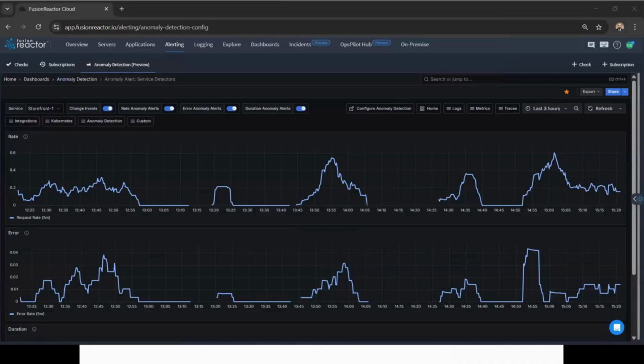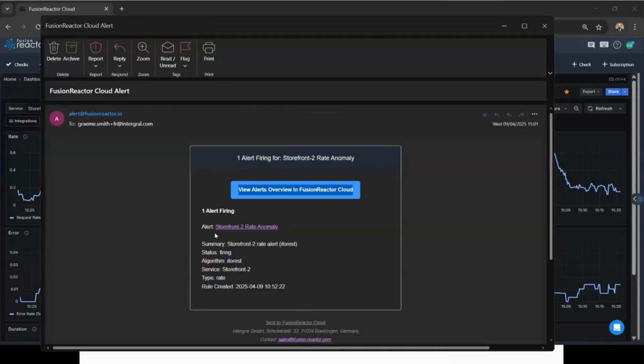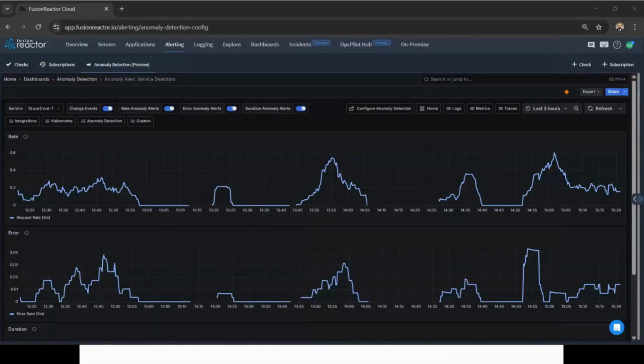There we go. So you can see there, this email came to me today, and it was in Storefront 2. It was a rate anomaly, and it was telling me that the rate had actually gone above the threshold. It had seen the anomaly there. I could then click to come straight into the dashboard, so I'd be aware of that and could work upon it. But also what I got was